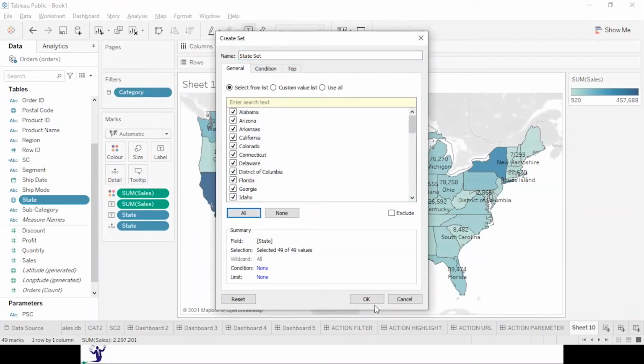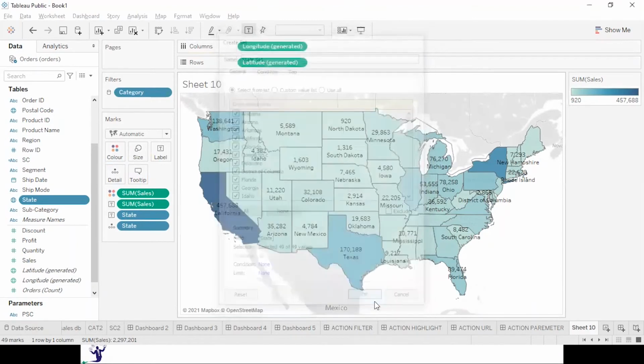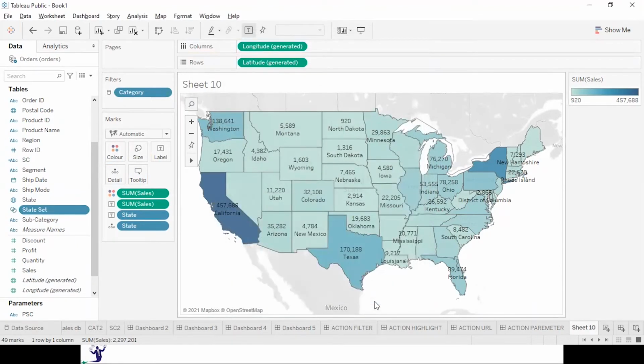If you remember, I am taking the same example which I took in worksheet actions. Why? Because I just wanted to show you the difference: the same thing behaving in a different way in the dashboard and in the worksheet.